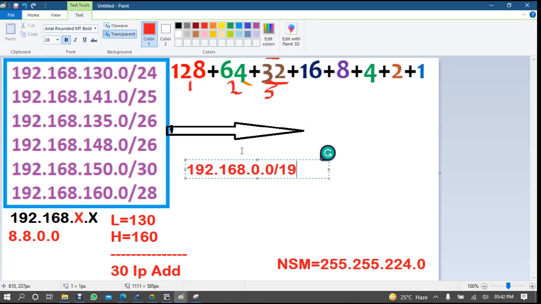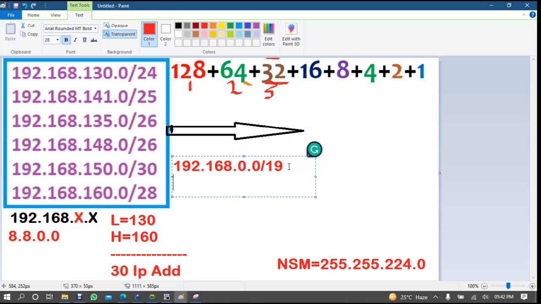But I cannot give this one to you. Why? Because if you calculate, this is the first network ID, the second network ID is 32.0 slash 19.